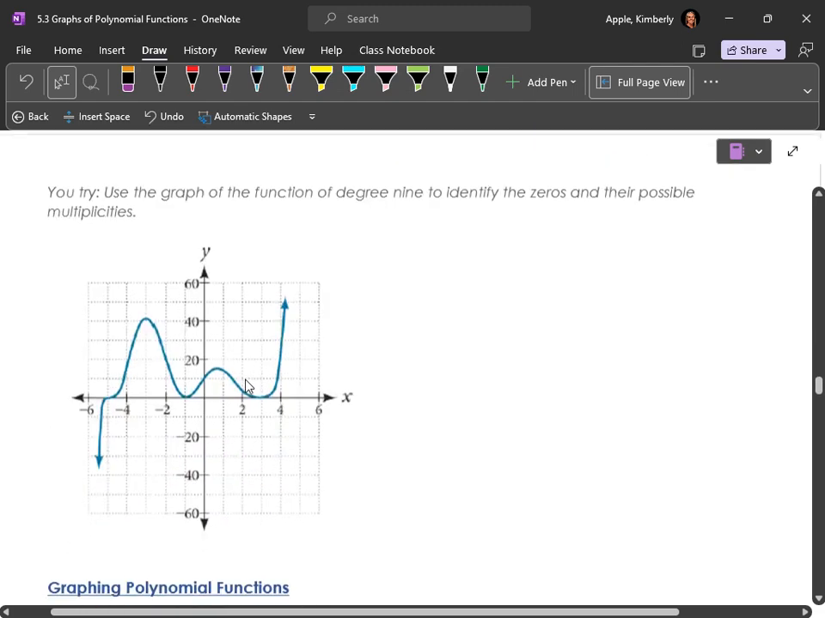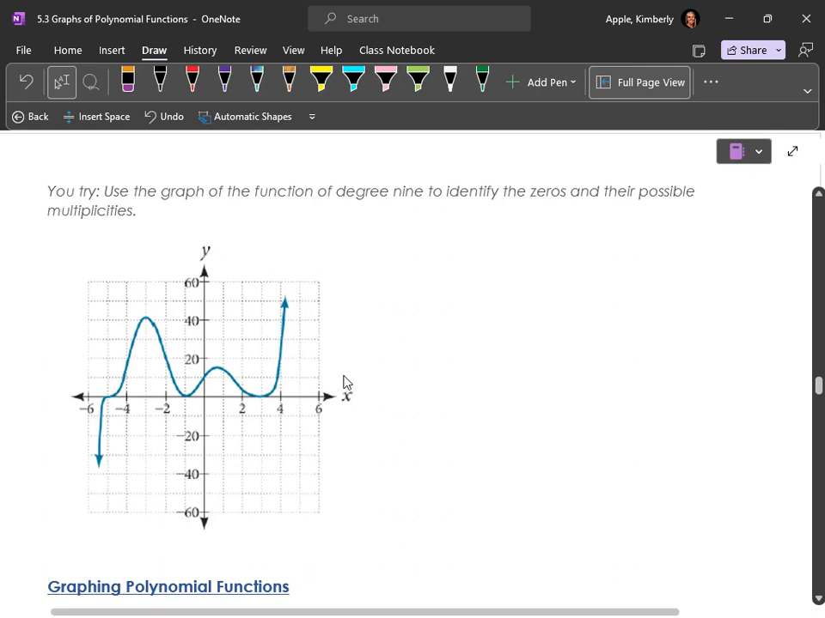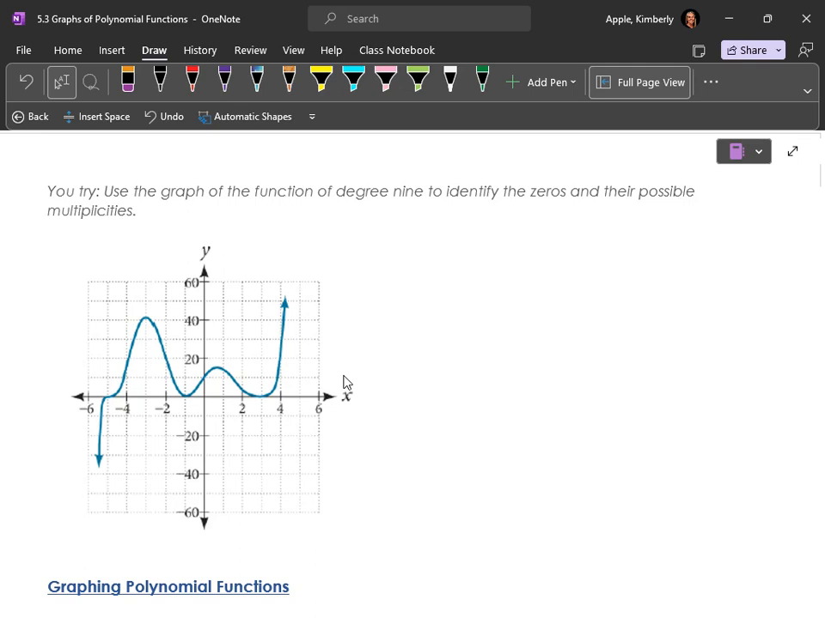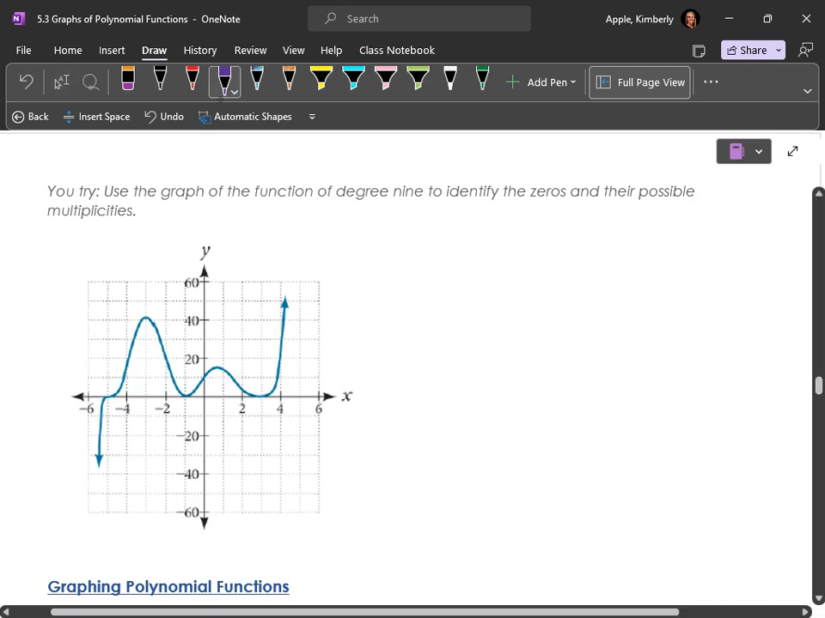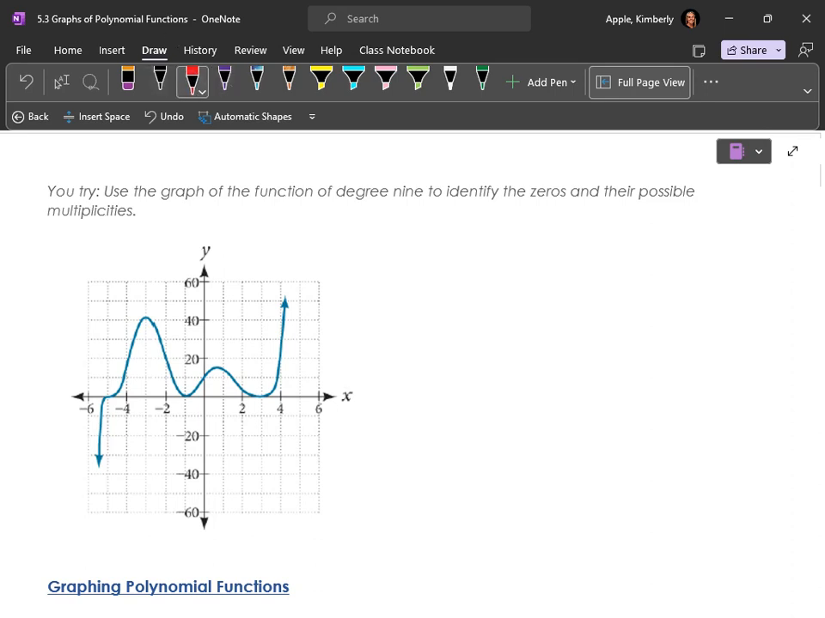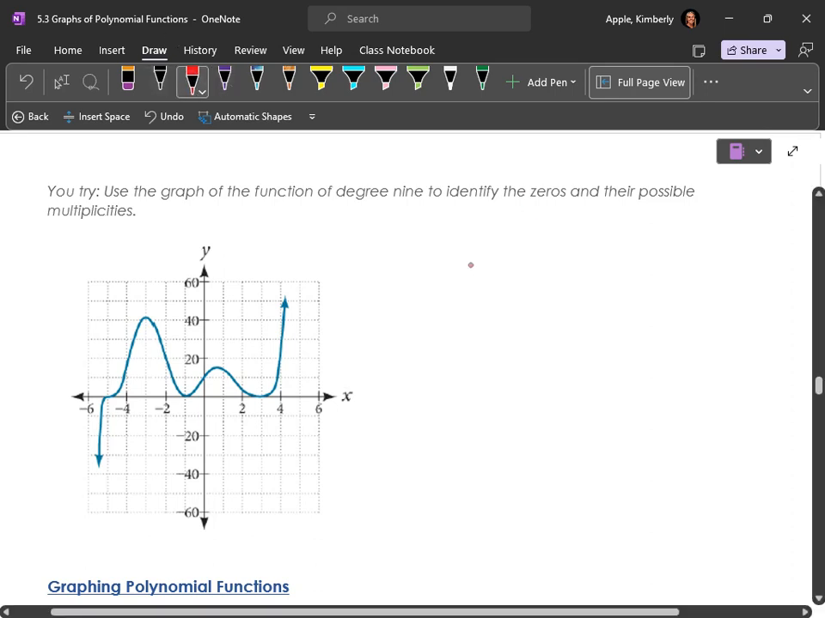All right, so you try. Take a look at this graph and see if you can identify the zeros and their possible multiplicities, and make sure you read those instructions that tell you that this is a function of degree 9, so you will have a total of 9 zeros. If you want to pause the video and come back to see how you did. All right, so x equals negative 5, x equals negative 1, and x equals 3. And the multiplicity here would be, this would be a multiplicity 3, this a multiplicity 2, and this would be a multiplicity